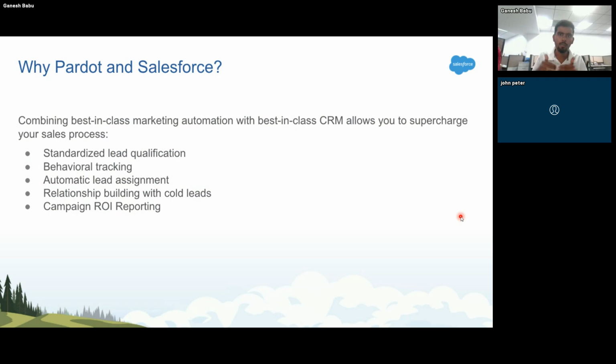And when it comes to the marketing umbrella, there are two options for everyone to adopt. One is Marketing Cloud, another one is Pardot. Right now, they have changed the name of Pardot to Marketing Cloud Account Engagement, but they have two options. Usually, Pardot is used for the B2B industry, and Marketing Cloud is used for the B2C industry. So this is how the segmentation has been.